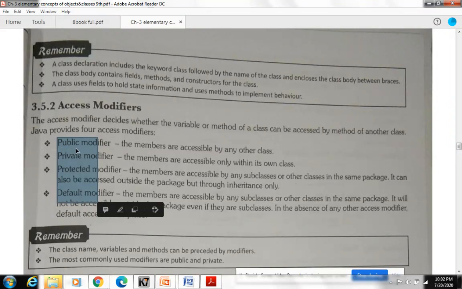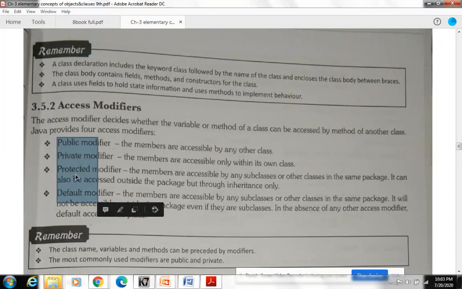If I put public here, that means all other classes or all other projects can see my class. If I write private, that means my class is private and can be seen by me only, right? No other method can be used by this class, or no other method can access my class. And protected means if all the classes are in the same folder, all can see my class and use my class, but except that folder nobody else can access my class.